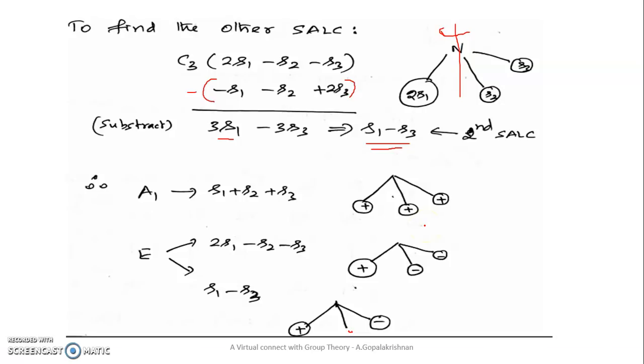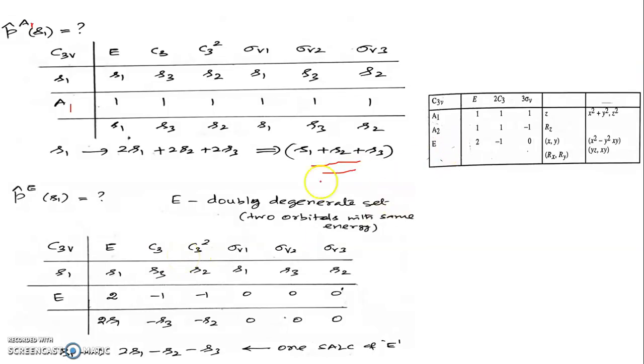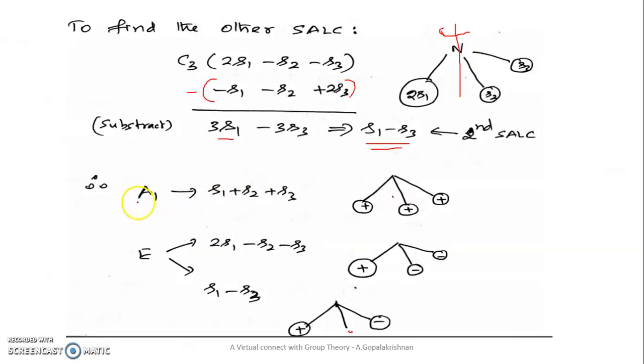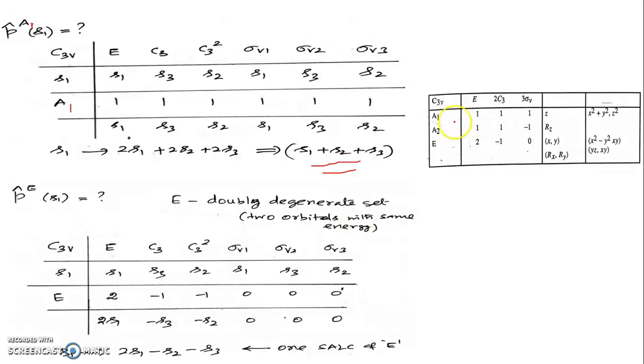Now we have to identify the suitable atomic orbitals of nitrogen which can combine with these molecular orbitals, with these group orbitals. Okay, it is actually very easy. Listen, from the character table we can easily identify. See, for C3v point group, for A1, which orbital is suitable? See, for A1 the suitable orbitals are z and d z-squared orbital.